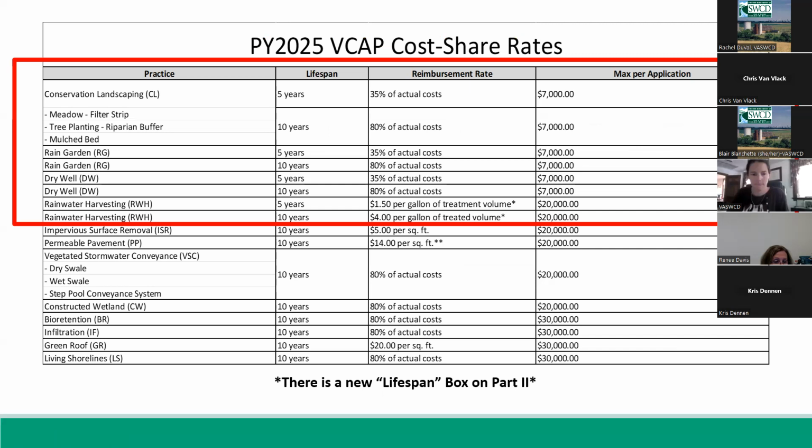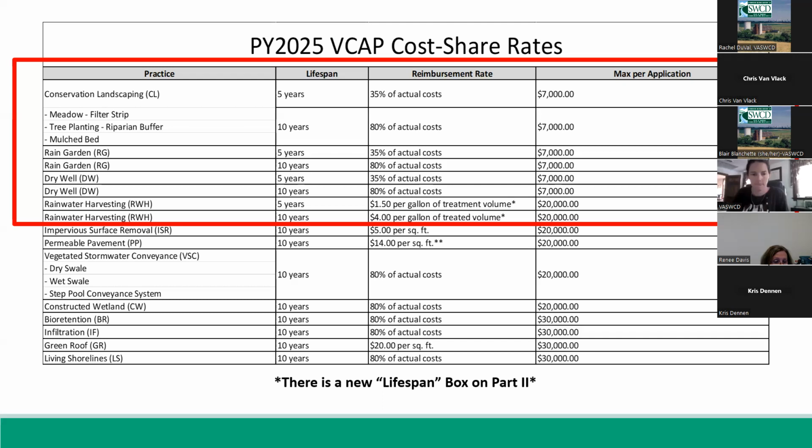So 5 years instead of 10, there would be a commensurately reduced reimbursement rate for those practices. So trying to incentivize longer contracts, but providing the option, recognizing that that is going to make this program a little more accessible. The max per application for each of these practice types is still the same. It's the rate of reimbursement that has been reduced.